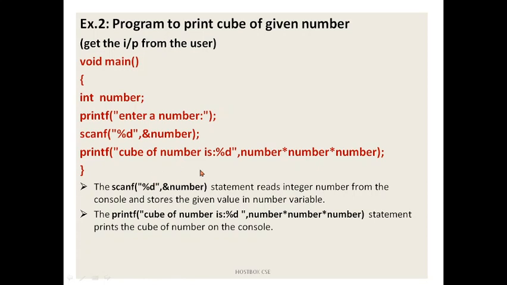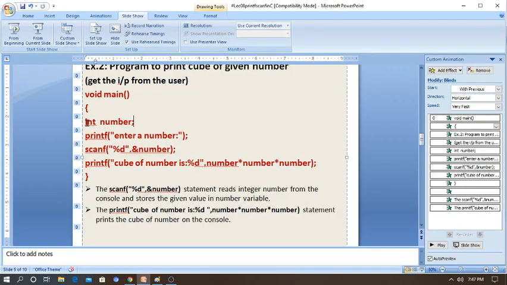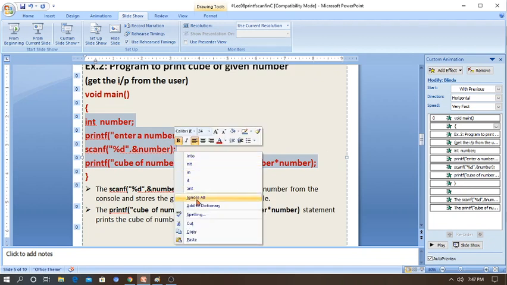Now you are the user, you are just going to enter a number, and for that number the system has to display the cube value. Let's execute the program. So simple and easy. If you want the square, you can just cut one number and try it yourself, no issue.